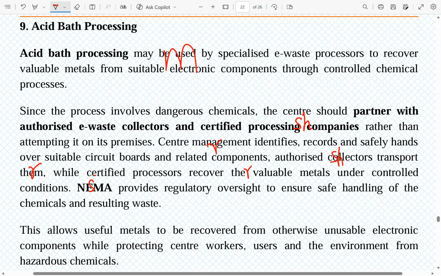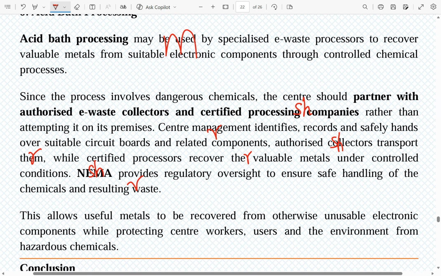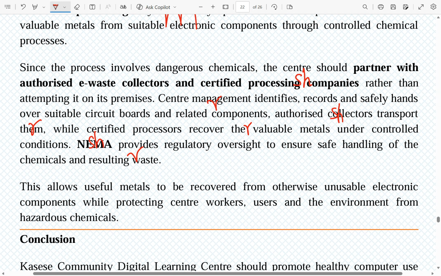NEMA, as a stakeholder, provides regulatory oversight to ensure safe handling of the chemicals and resulting waste. This allows useful materials to be recovered from otherwise unusable electronic components while protecting center workers, users, and the environment